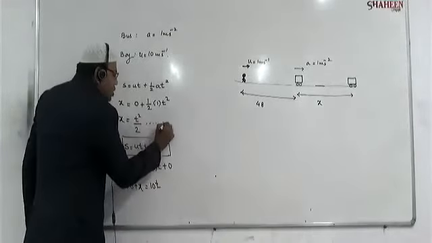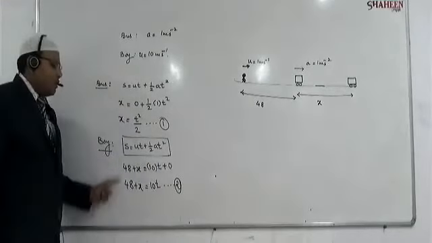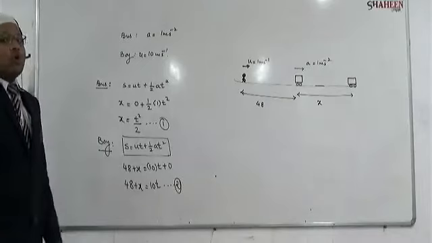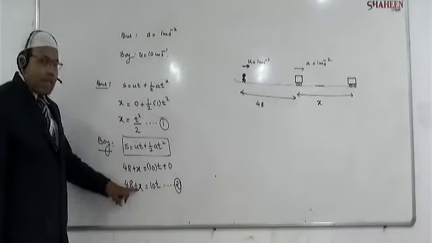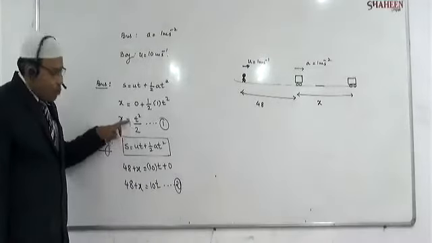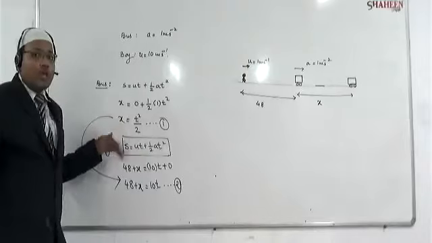Suppose this is equation 1 and this is equation 2. Now we need to solve equation 1 and equation 2 to get the value of time. So beta, यहाँ पे जो x है ना, this x value is t square by 2. I take this x and I will substitute in this because I don't want to calculate the distance.